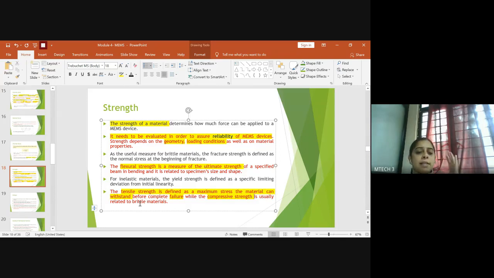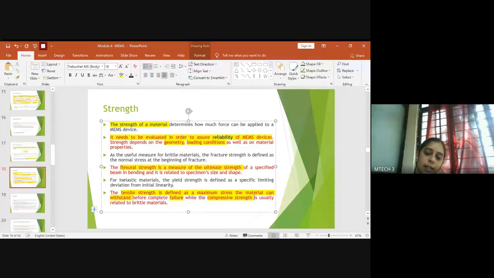So at inelastic nature, how do you evaluate the yield strength of a material? This much you should be able to explain related to the strength factor of the mechanical properties. Any doubts related to the strength factor of MEMS device? Any doubts? Okay, if that is clear enough,